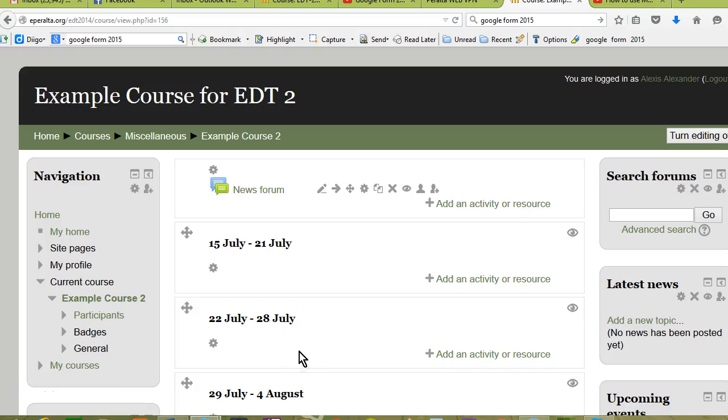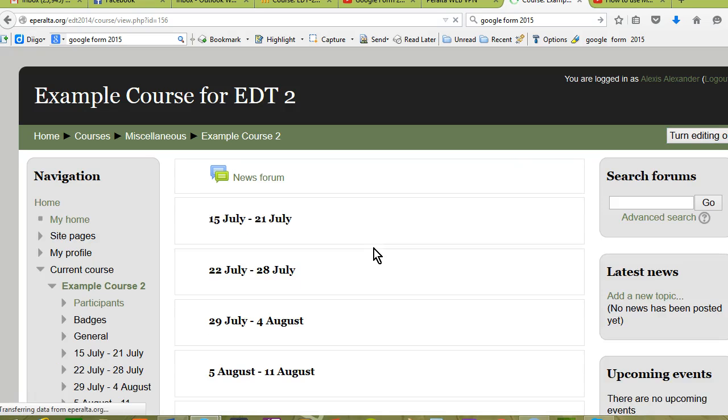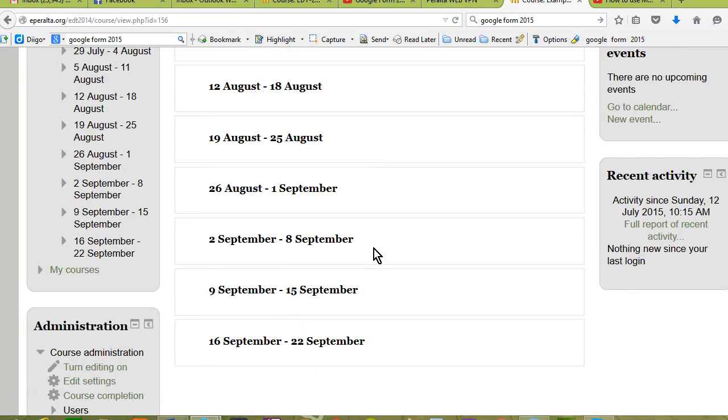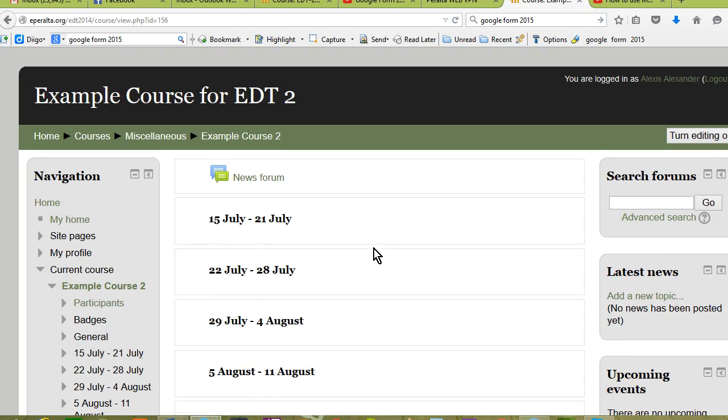This video will be just a quick review of how to set up your Moodle shell. So when you get your Moodle shell, it looks something like this. With editing turned off, it probably looks a lot like this. So before you can really get started on your Moodle shell, it's important to set it up in a way